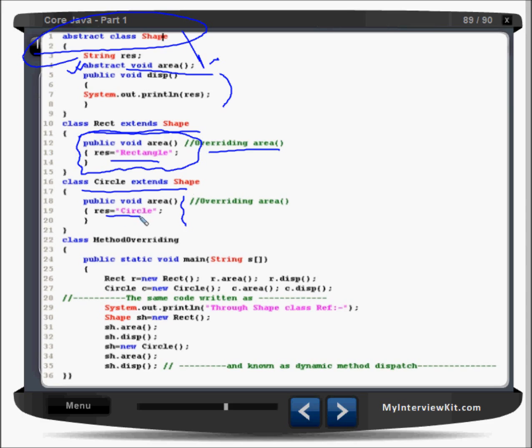I can write here pi r square, some expression. So this is what overriding methods are. The area is defined in the shape class and we are overriding it in the rectangle and in the circle, right? Now, for method overriding, one class is there having the main method, and that main method is located here